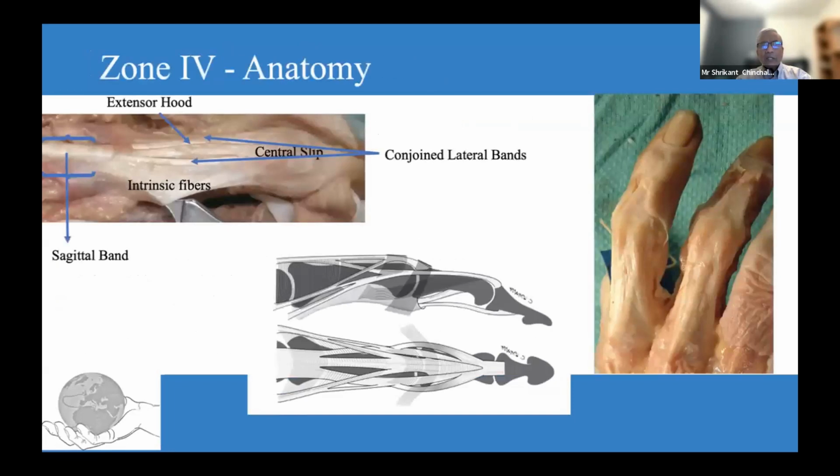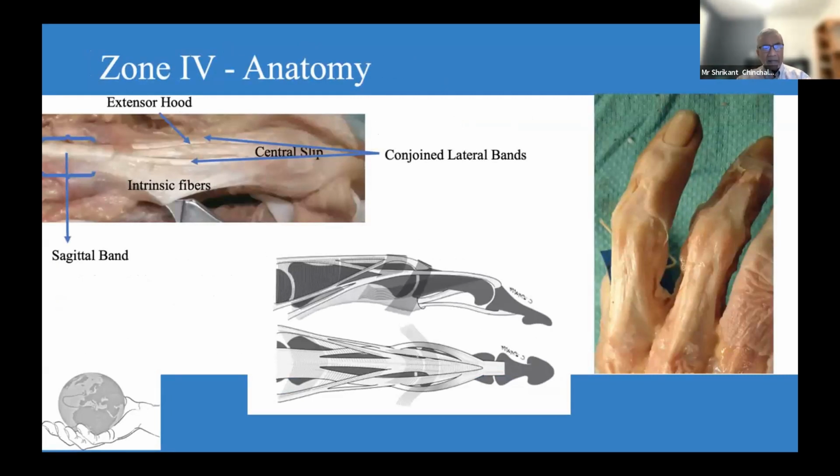Extensor zone 4 injuries are relatively rare. I may have seen about 5 or 6 cases in my whole hand therapy career. However, based on what I saw in my clinical practice, it's important that we consider the anatomy of the